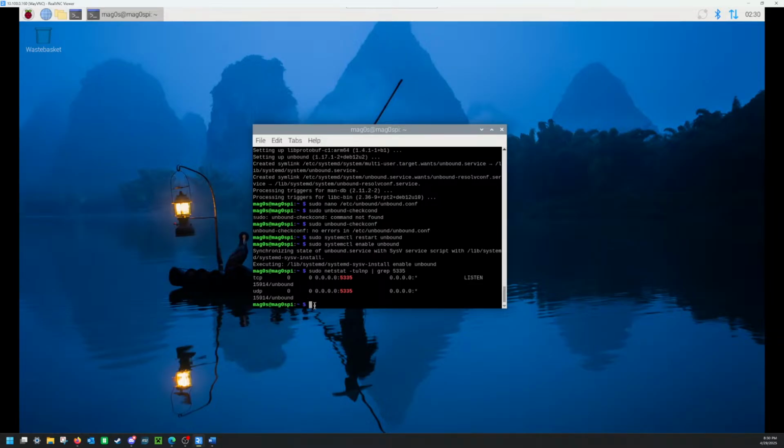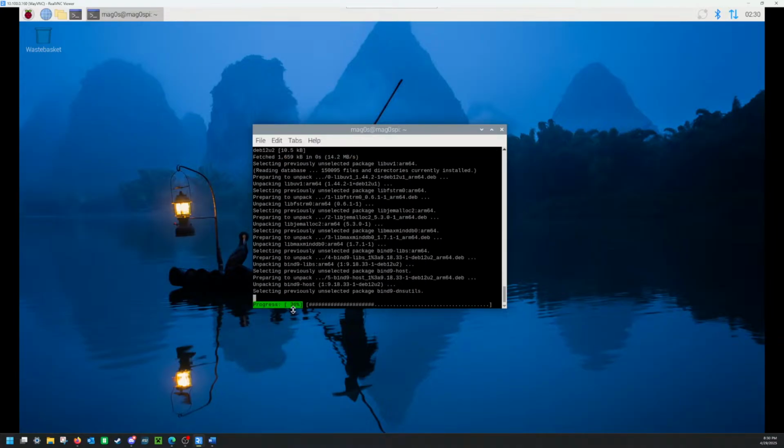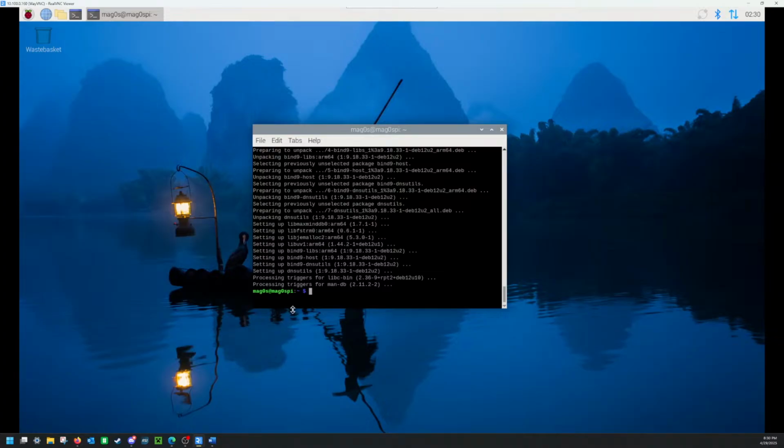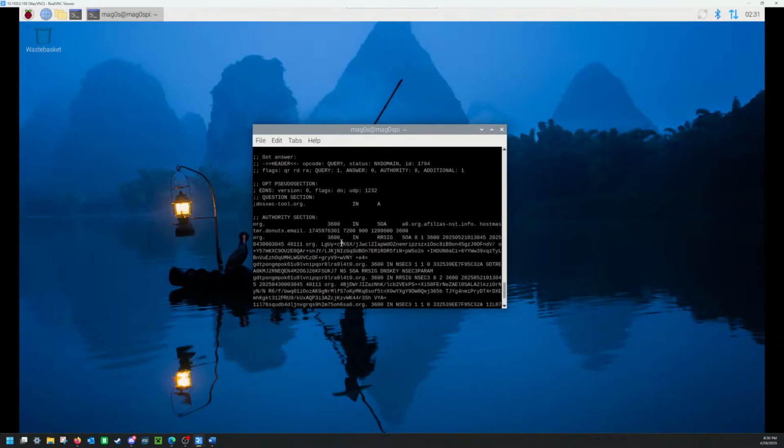We can confirm that we are using DNSSEC by seeing if dnsutils is already included. If it's not, we'll make sure it's done. No. We can do a dig command, dig at ourselves, port 5335, dnssec-tools.org. And we're looking, of course. So you can see,